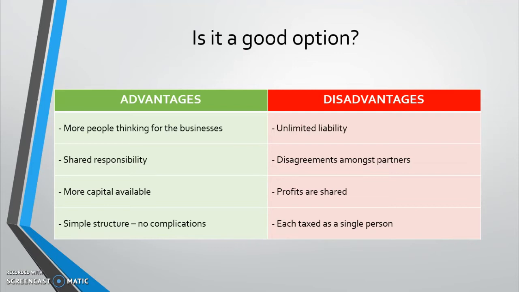So say you have a profit of 20,000 euros and each one deserves to get 10,000 each. However, one of the partners says, well, maybe we should get 8,000 each and leave 4,000, so 2,000 each aside to reinvest it in the business. And one of the partners can completely disagree or agree with that. It all depends on the type of partners that you are and the relationship you have with each other outside business terms. But yes, definitely all the profits are shared.